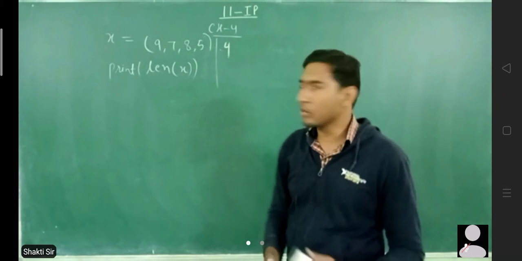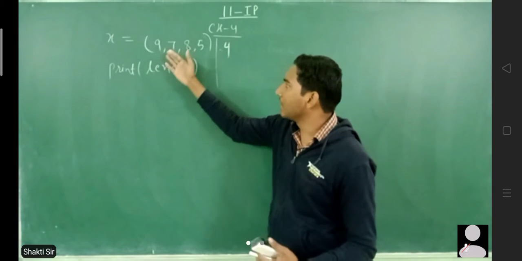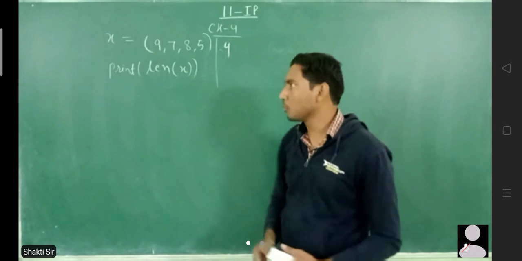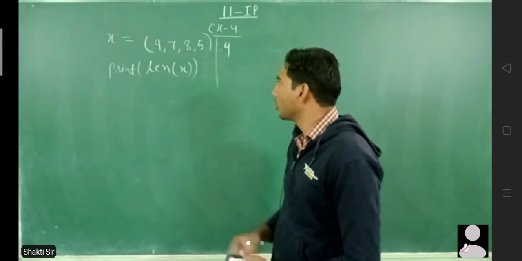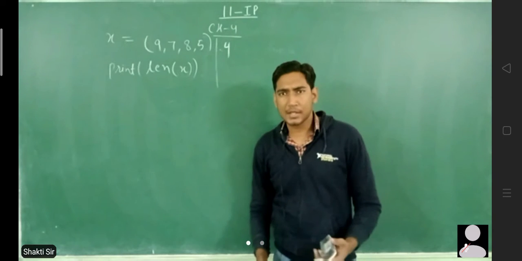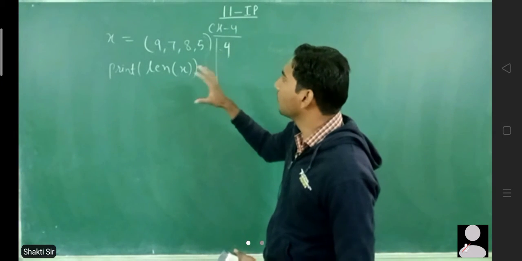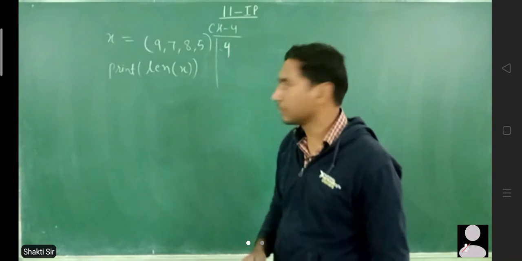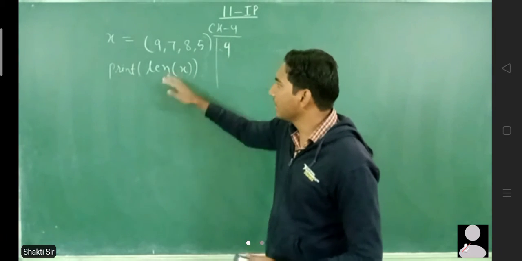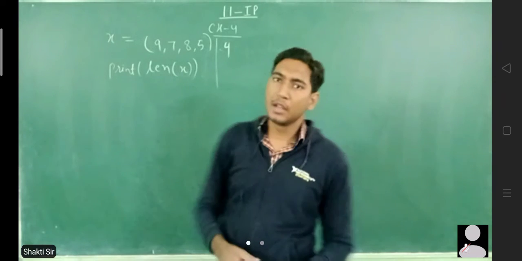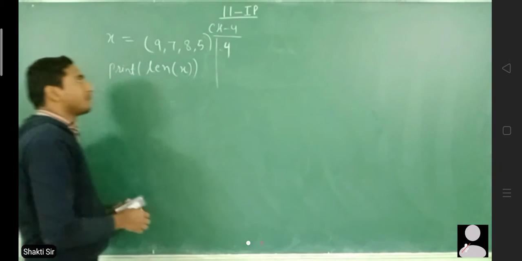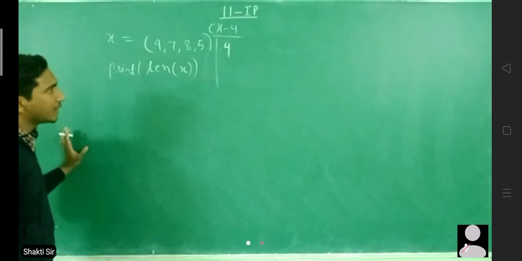elements in a list. So you can count, you can say the items, or you can also say the elements. Okay, both are the same things. Or you can also say the number of objects in a list. Okay, anything you can say that. So basically this list has 4 items, and here we write that. And len is the function which is used to know the number of items. Yeah, so this is one thing.